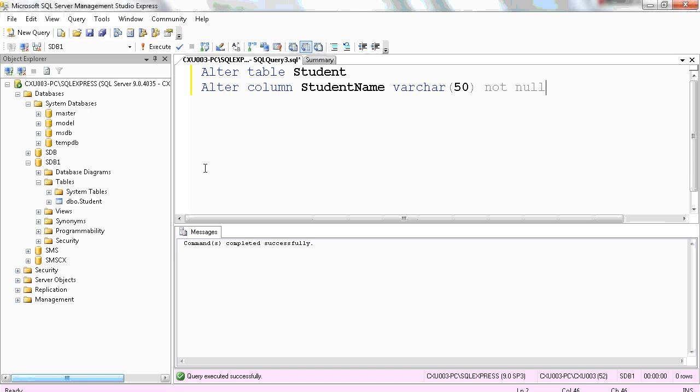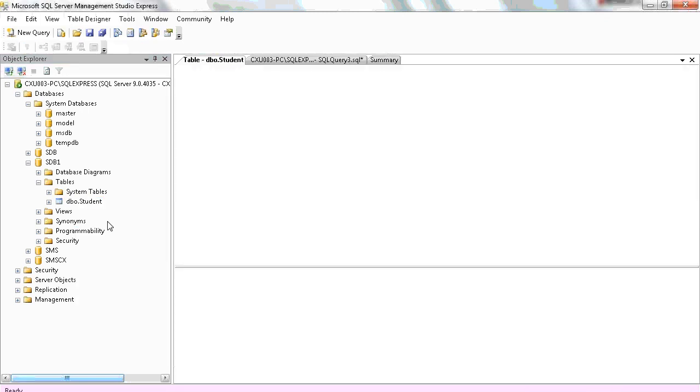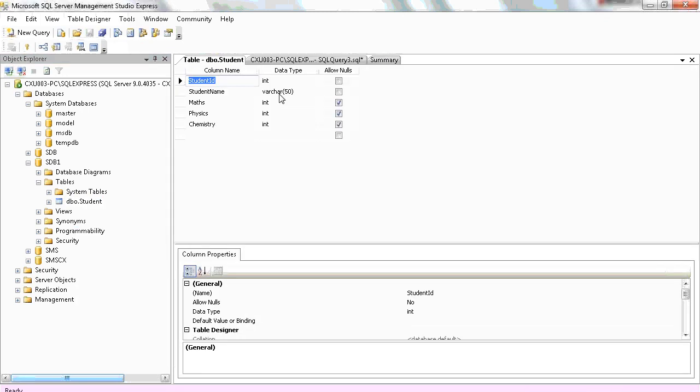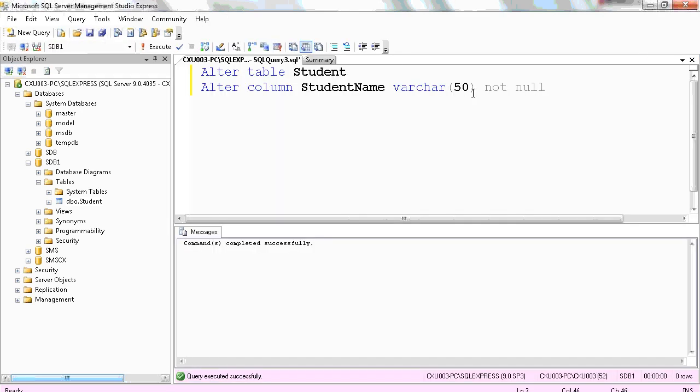Come back here. This one will still be holding the previous one. Just right click and then say modify. What is it now? It has come back to varchar 50. That is the first alteration. The second alteration can be